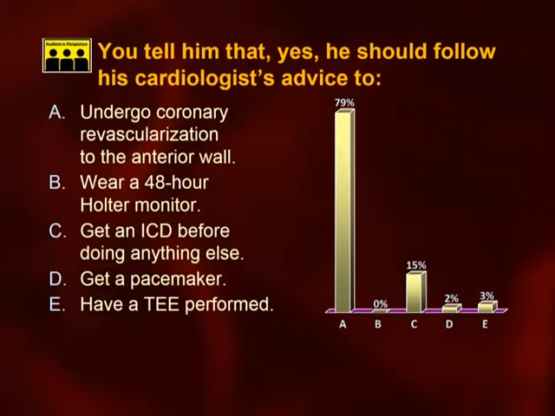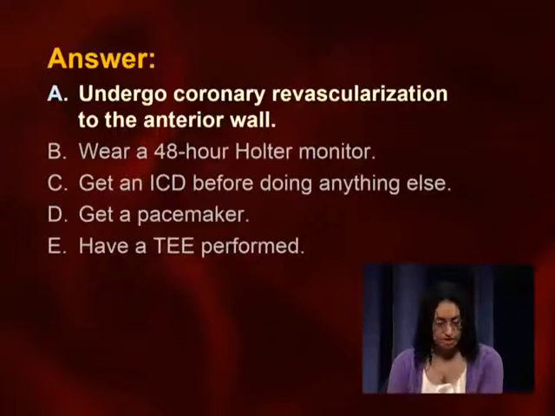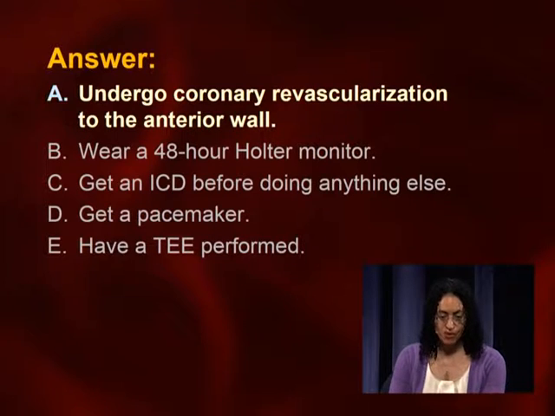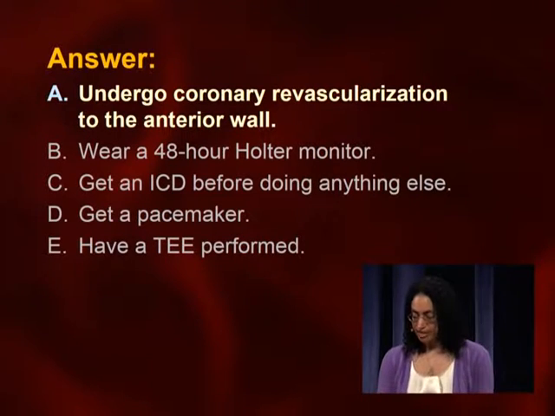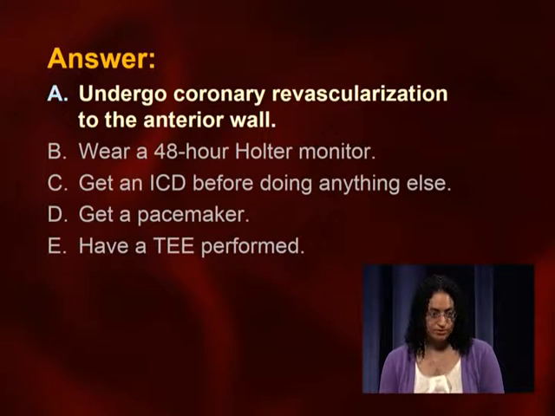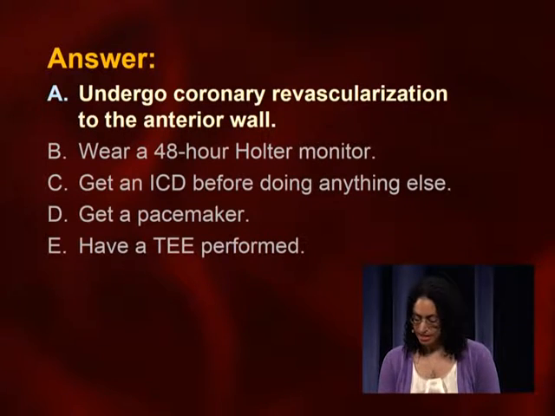Okay, great. The majority of you got this correct. The correct answer is A, undergo coronary revascularization to the anterior wall. Again, this is an example of how viability is used in clinical decision making. If an area is viable, which his anterior wall was on PET scan, it should be revascularized because that improves